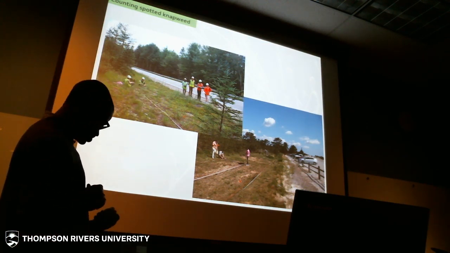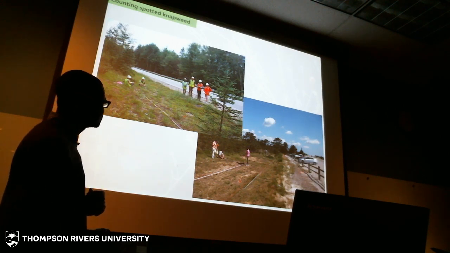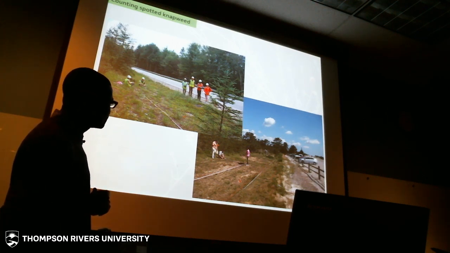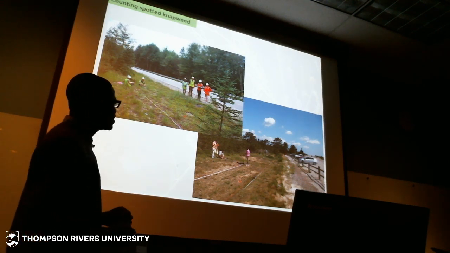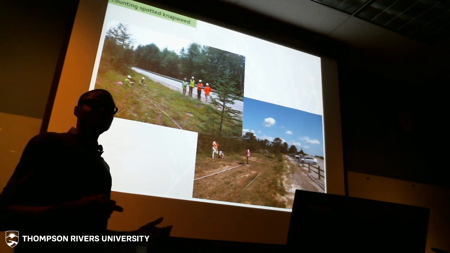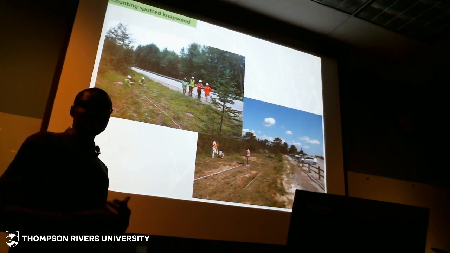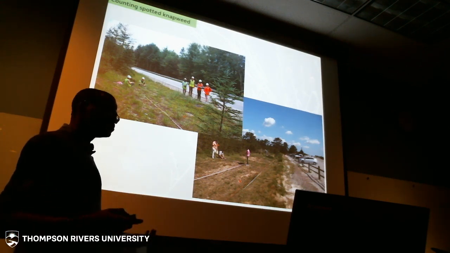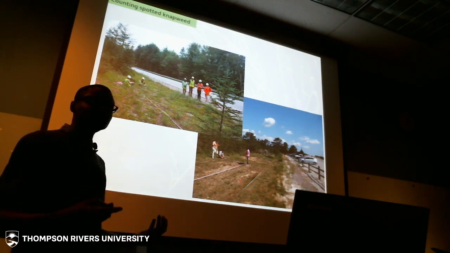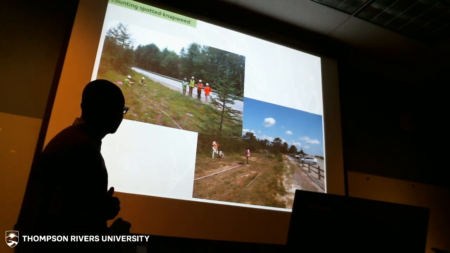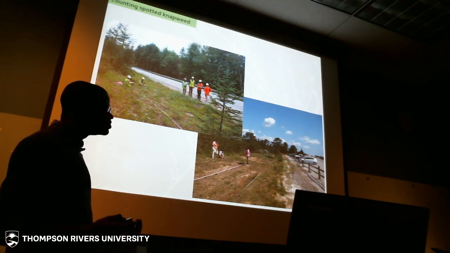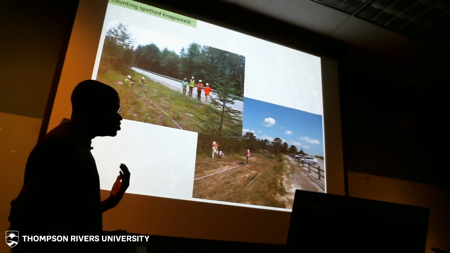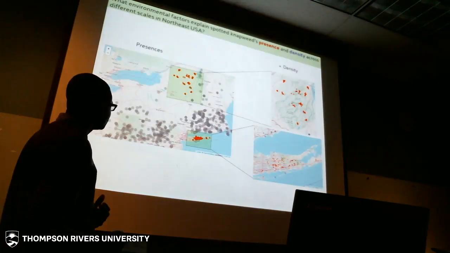And so this was us going out into the field in different parts of New York State. This was us in upstate New York in the Adirondacks, and this was on Long Island, New York. We chose these two locations to look at densities because these are ecologically different areas. Long Island is very suburban. There's high population density and a lot of disturbance. On the other hand, the Adirondacks is a preserve, so there aren't a lot of people there,